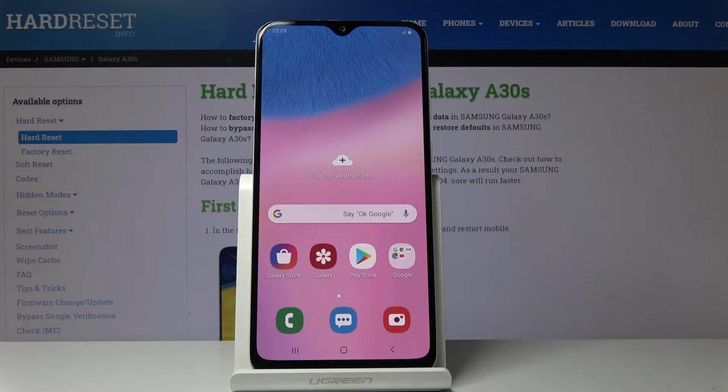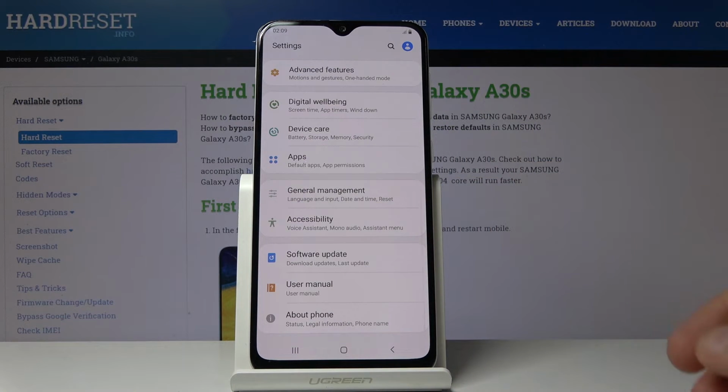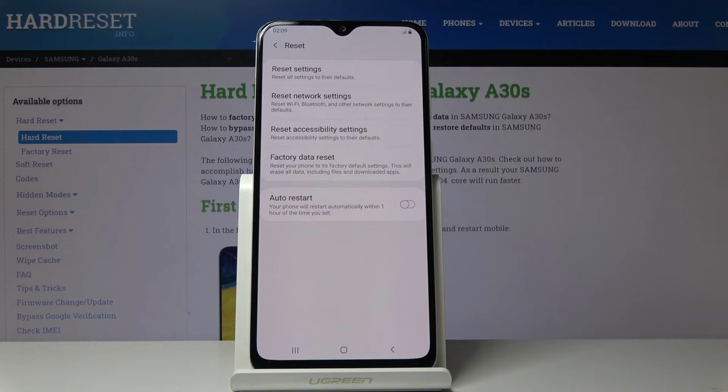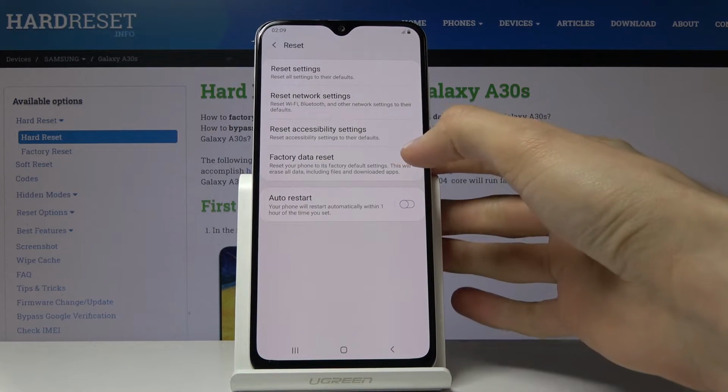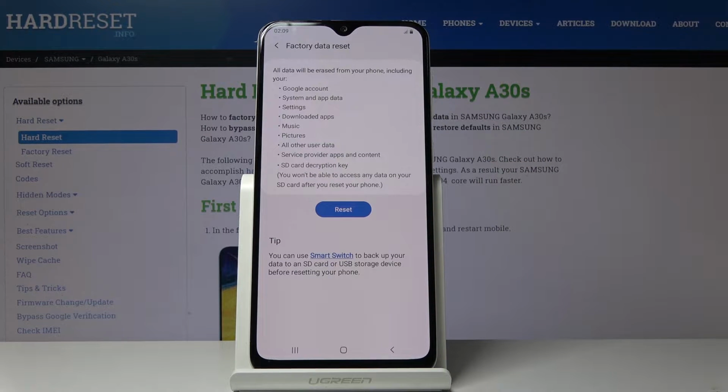Welcome, in front of me is a Samsung Galaxy A30s, and today I will show you how to hard reset the device through settings. So to begin, you want to open up the Settings app, and from there let's scroll all the way down till you see General Management, where you will find Reset, and at the bottom you have Reset Data or Factory Data Reset right there, and it gives you a list of everything that will be removed throughout